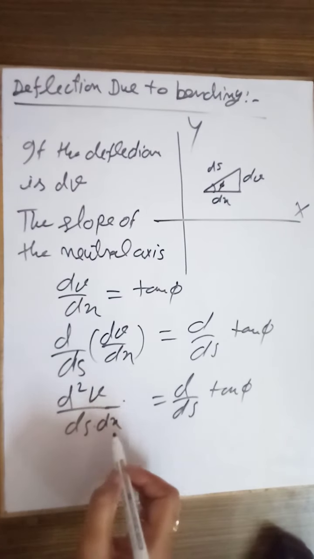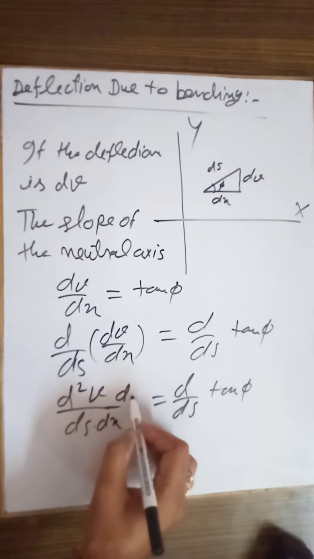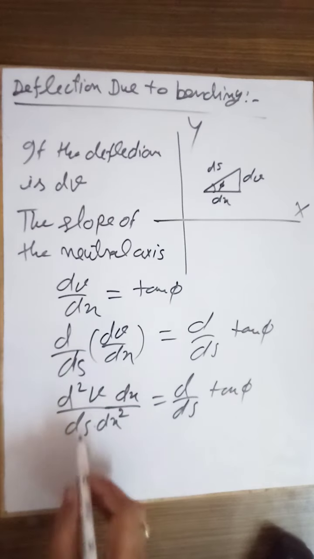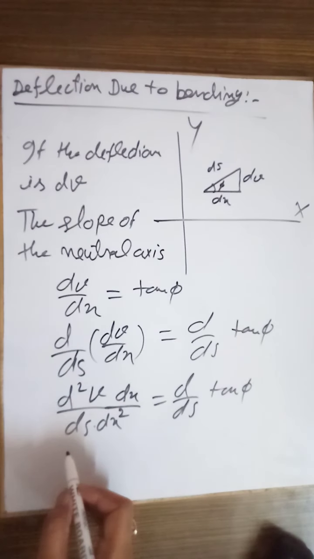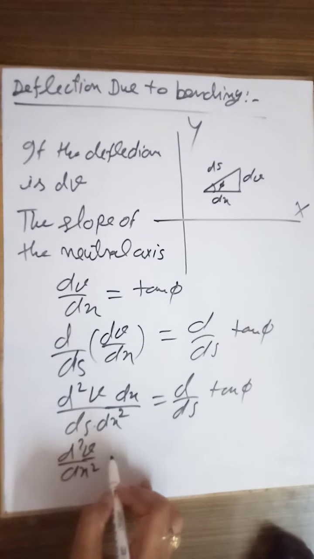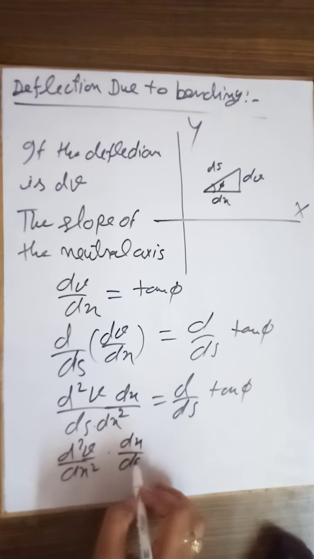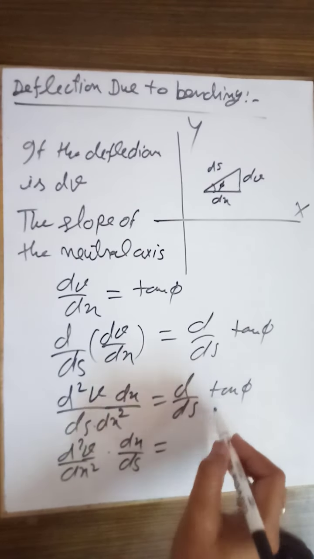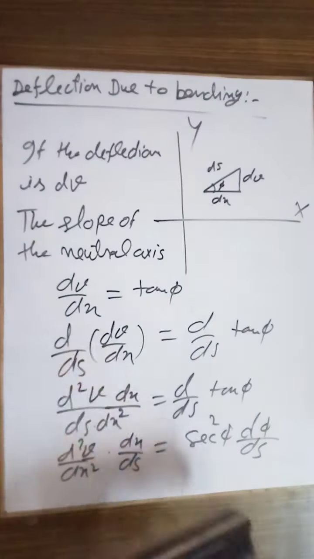If we multiply here by dx, it will be dx2, like this we can write it. Let me write it in a new form: d2v over dx2 and dx by ds equals, if we differentiate this term, sec square phi and d phi by ds. We can rearrange this term and find out the value of d phi by ds. Let me write it here now,